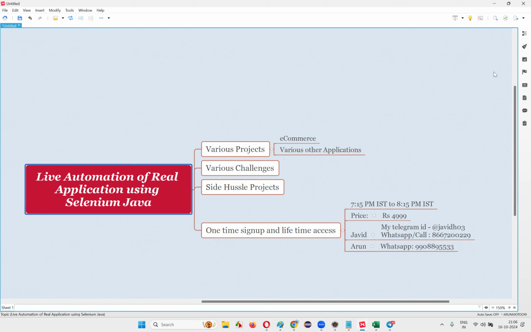Some people who are already aware of Selenium Java but not aware of Cucumber BDD, don't worry. Currently, the 8:30 batch is going on. In the evening hours, you can attend that where you will get the knowledge. We are almost at Cucumber BDD. You can join there. Frameworks are going on, and we'll reach Cucumber BDD soon.